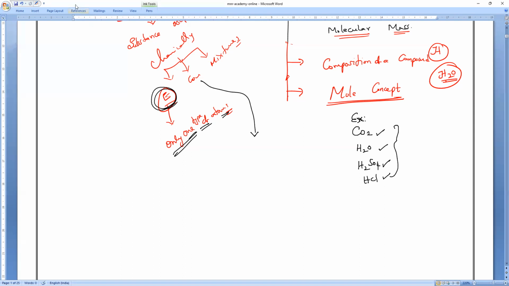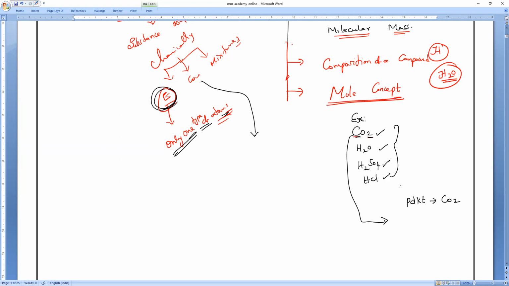Examples of compound. Now, all of you see, in a compound, how many elements are present? Is it the same type of atoms or different types of atoms? That is my question. Everybody. Different types of atoms. Now, if I take carbon dioxide in Pudukkottai, the Pudukkottai CO2,